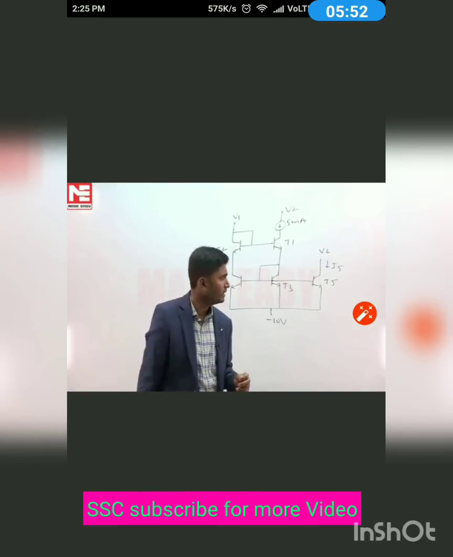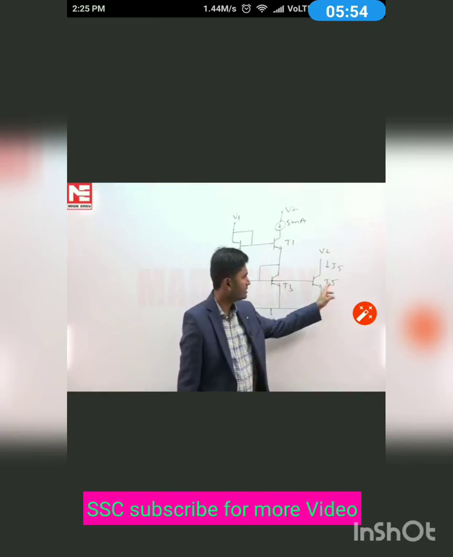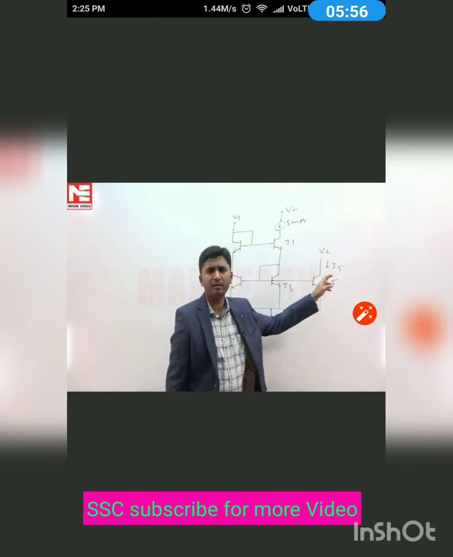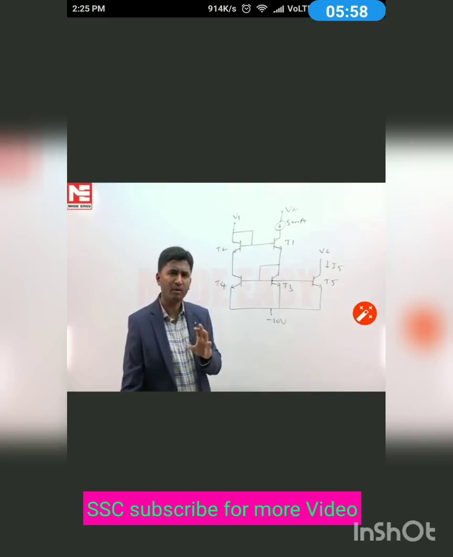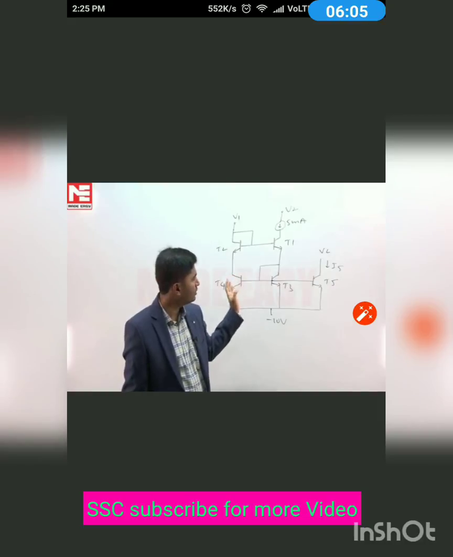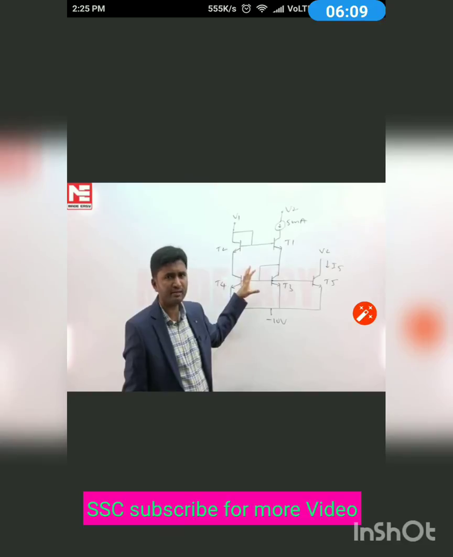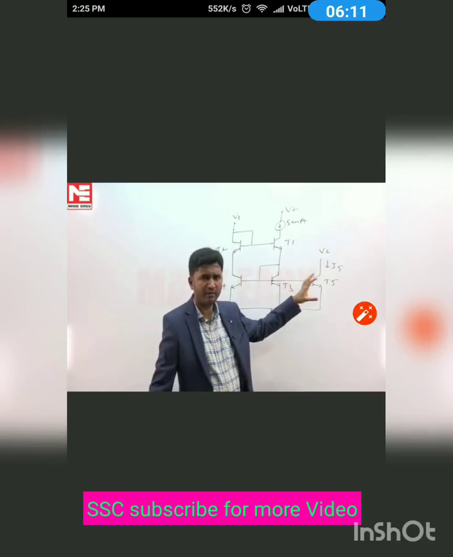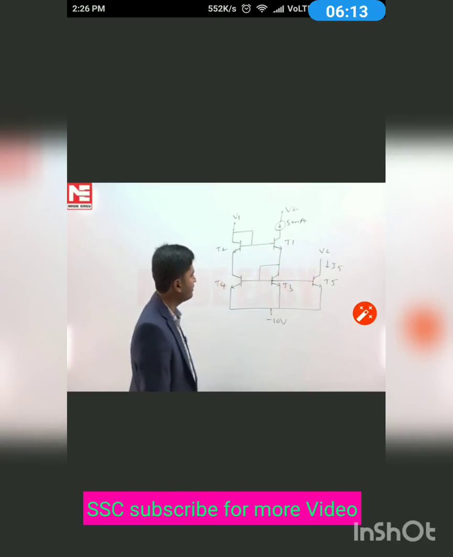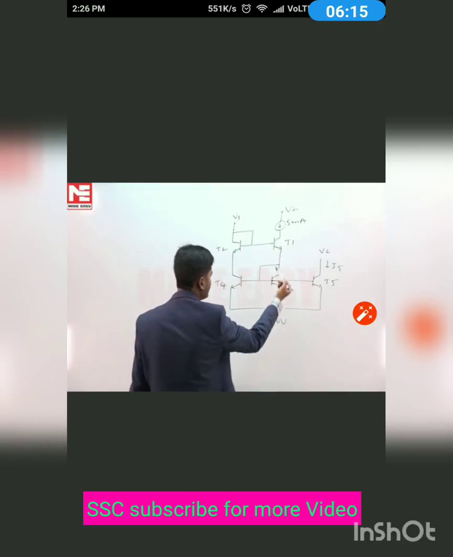This question is about finding the current through T5, which is denoted as I5. The data given here is that all transistors have a very high beta, so we can ignore their base currents. The other data given is that T1, T2, T3, T4 are of equal size, and their area is 2 times the area of T5. Now what I observe first here is T1, T3 are in series, so because of series connection their currents will